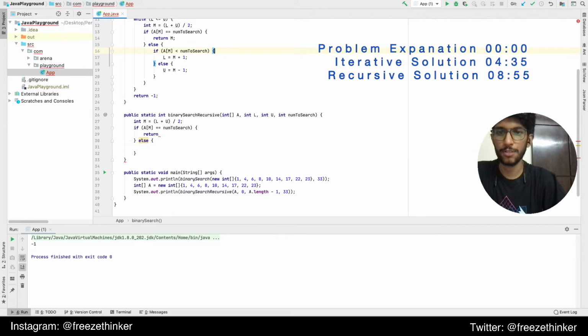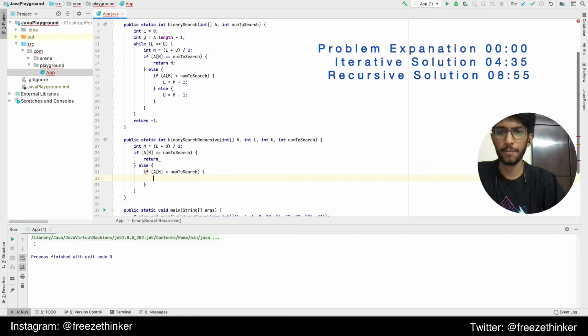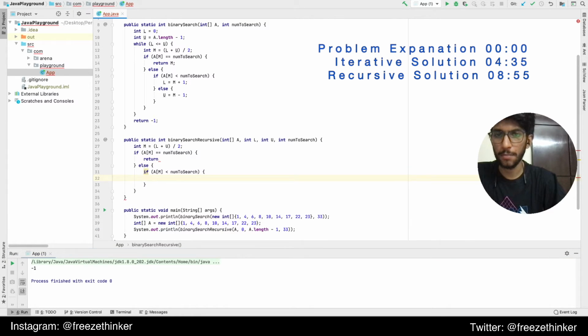If the number to search is this, it's very similar to what we've done in the iterative approach. So if the number is, we'll recall this. That's the only difference. And how we would recall this is we pass in the same integer array, we pass in the lower bound, which is mid plus 1 now. We keep the upper bound same and we give the number to search same.